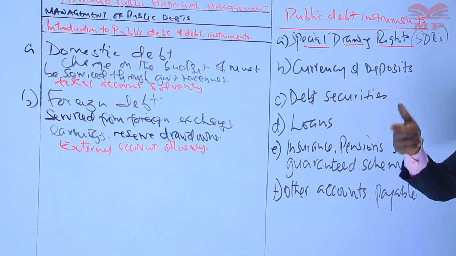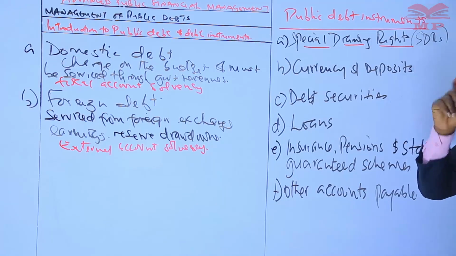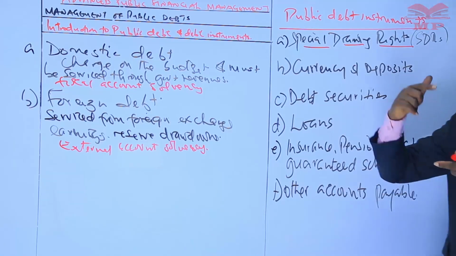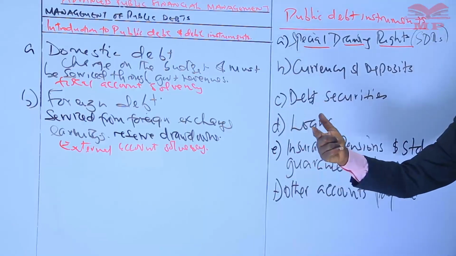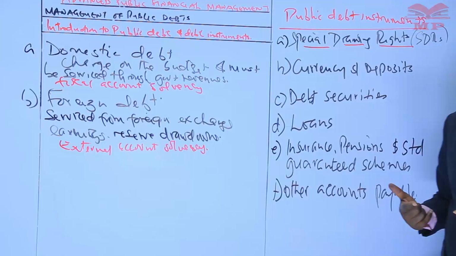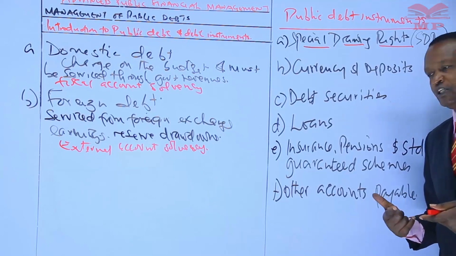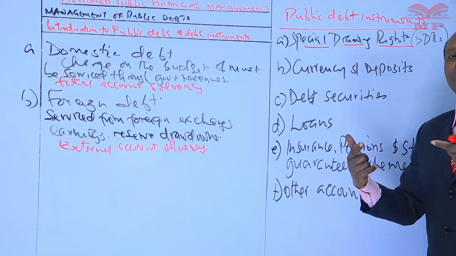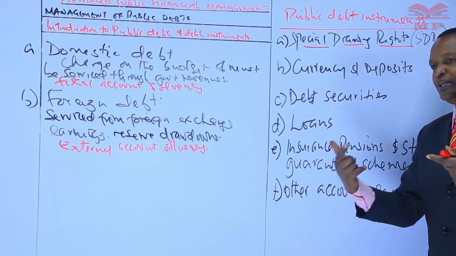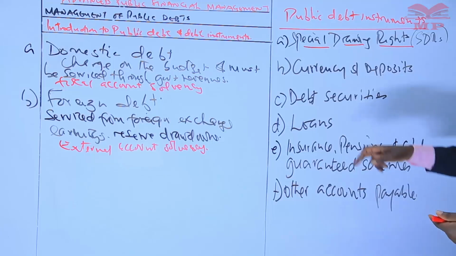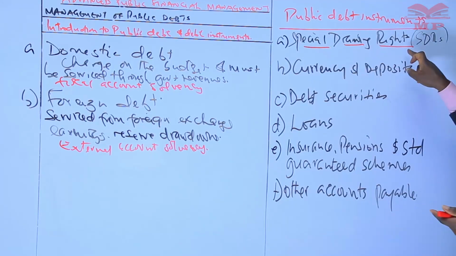And candidates, a participant may sell some or all of its SDR holdings to another participant and then receive other reserve assets, particularly foreign exchange, in return. Participants may also use SDRs to meet liabilities. So special drawing rights, candidates,